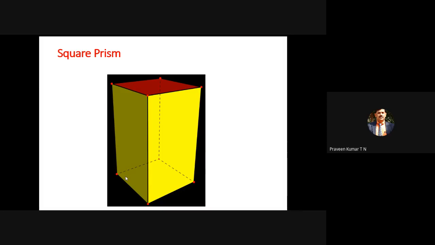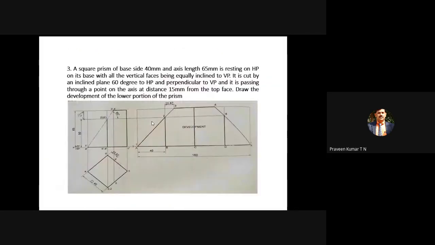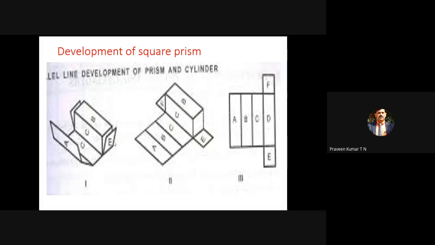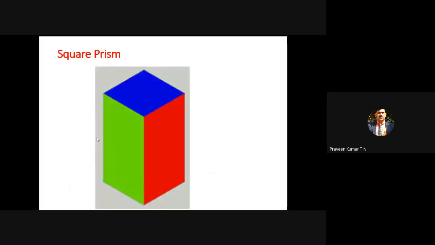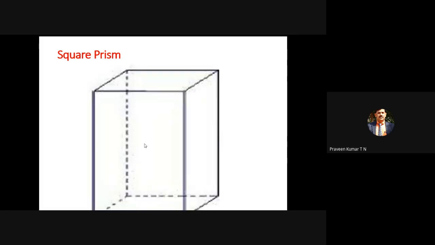Finally, you get around 4 to 5 points because your top portion is removed. Once the top portion is removed, each and every vertical edge will get one cutting point. Those points are shown here. It will cut the line A1 at 1, and similarly it will cut the vertical edge B1 at 2. There is one more edge behind, D1, I can see here. So imagine this is A1, this is the point 1. You can imagine the 60-degree line cutting the front edge. This will be the point 2. So above this, everything is removed.